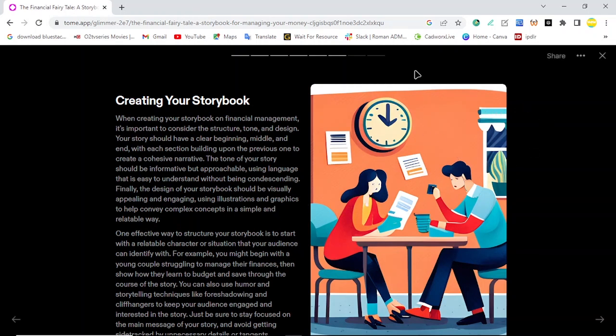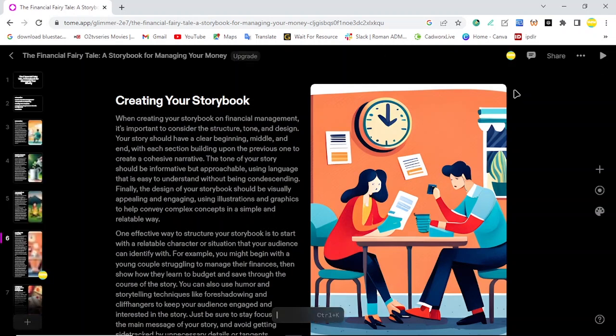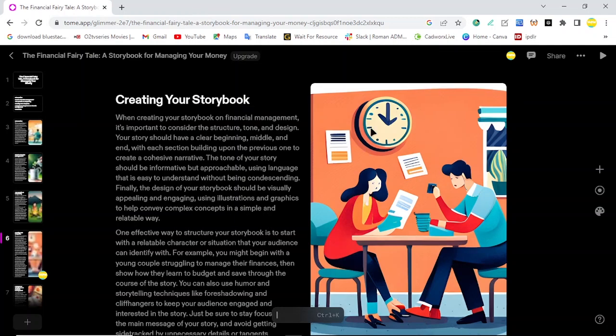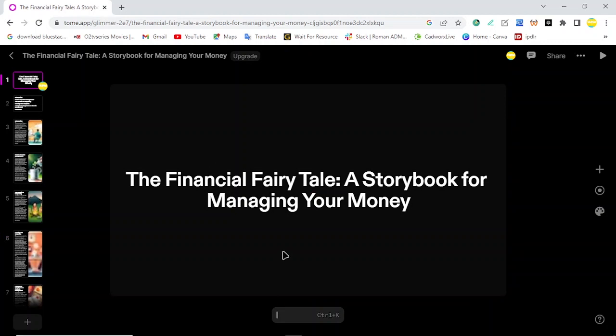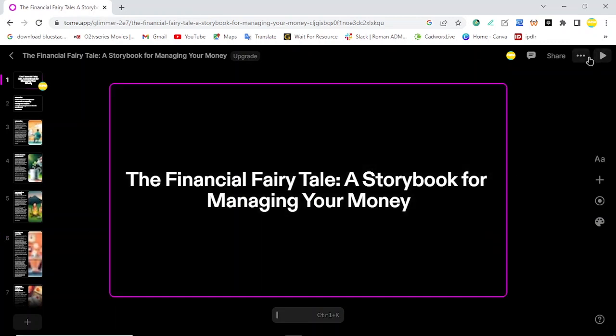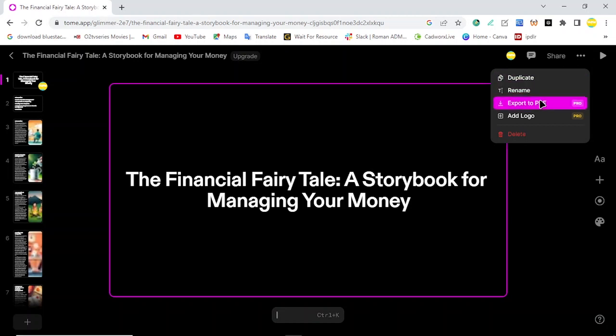I know most people are going to jump on this because it's not bad. It's AI and it is not bad. It's very good for me and I can make use of this. It's going to tell you how many credits you're using. Do you understand? Let's check. When we say we want to export this as PDF, it's not going to. I think export as PDF is for Pro, so you need to upgrade to get that.